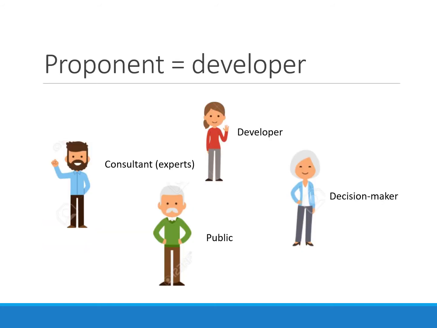So we've talked about the key role of the developer in environmental impact assessment or any kind of planning process. You'll also hear them called the proponent. So we're going to be using both of these words a lot. The proponent is the person who comes up with an idea, whether it's to expand a quarry or build a pulp mill or build a cableway or put up a pretty modest shed. There's a new rage for building home offices in backyards. They're all the developer, and we'll also call them the proponent.